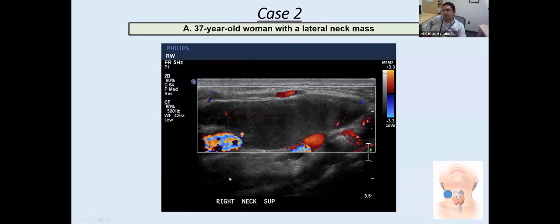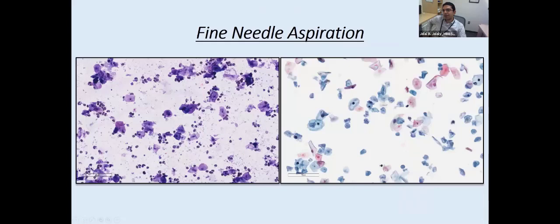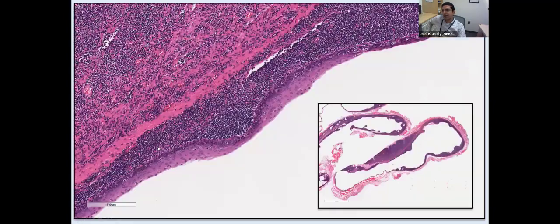So let's look at the FNA that was performed on this case. As opposed to the first case, you can see here that these squamous cells in the Diff-Quik and Pap stain are still maintaining a low NC ratio. Their nuclei are quite round with smooth nuclear membranes. And you can see here that even though in the Diff-Quik there's a background debris, and in the Pap there's some degeneration, there's not much necrosis going on in the background. So overall, features of a benign squamous lined cyst.